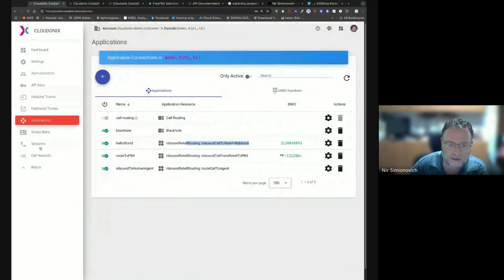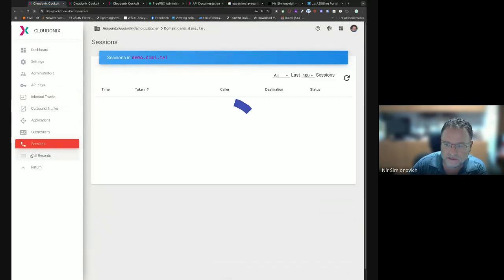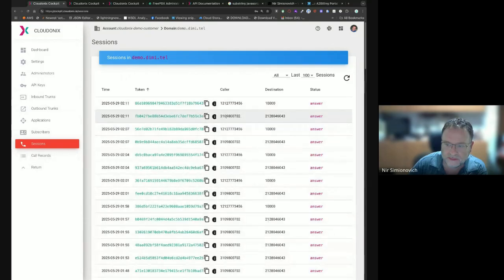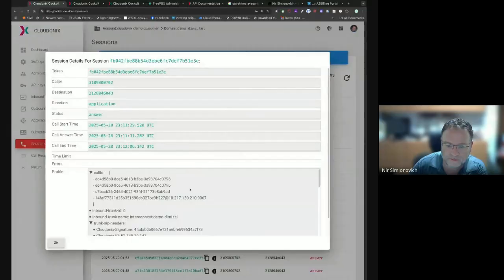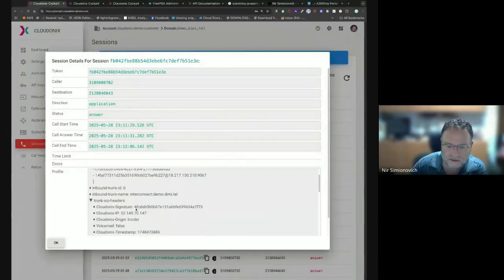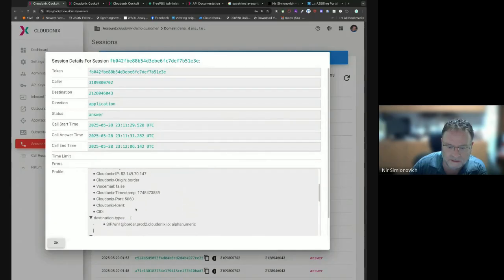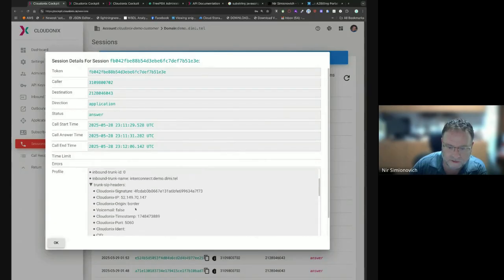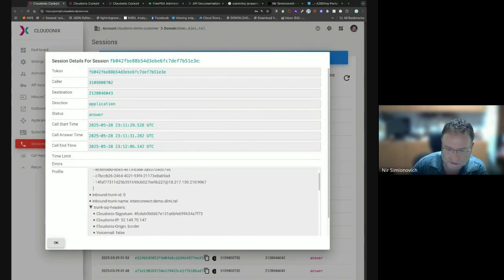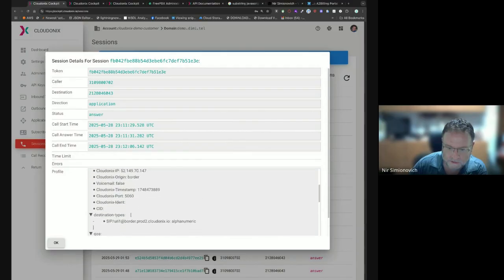Now, if I go here into sessions, you can see this call coming into the caller ID, into the specific phone number. And we can see that it got executed and got transferred into retail. Where is that? Trunk, border.